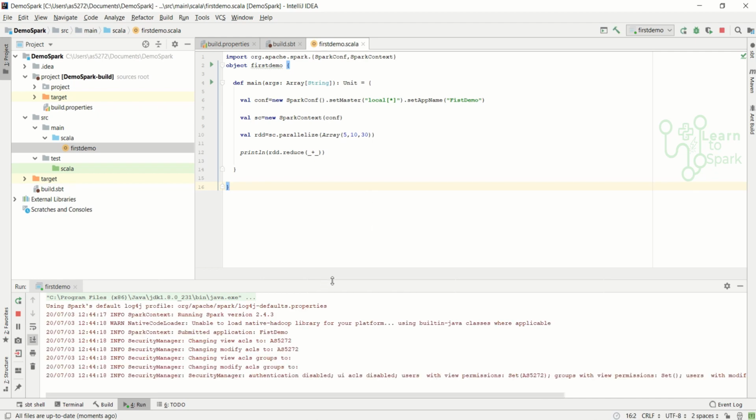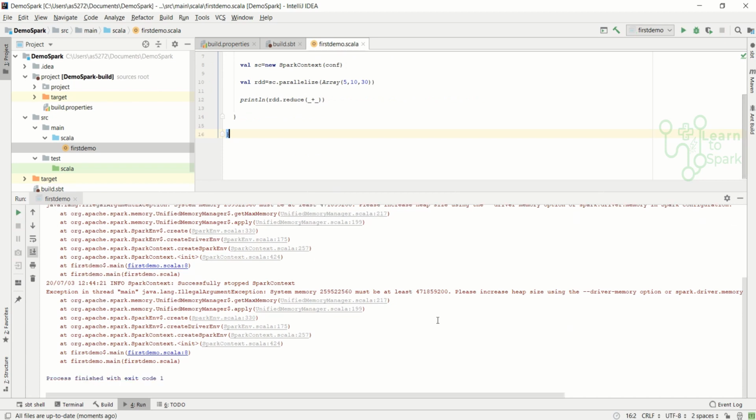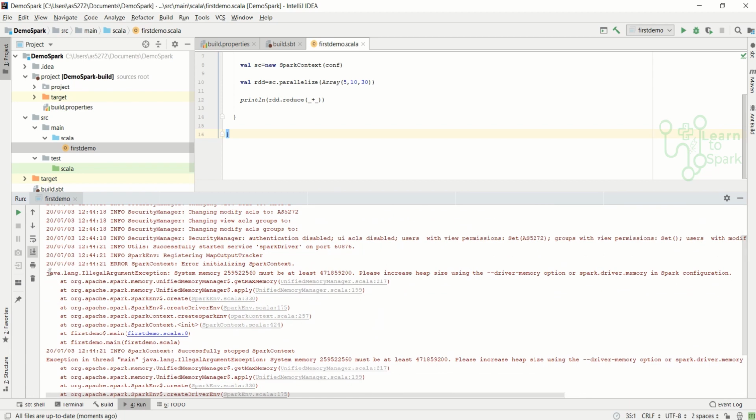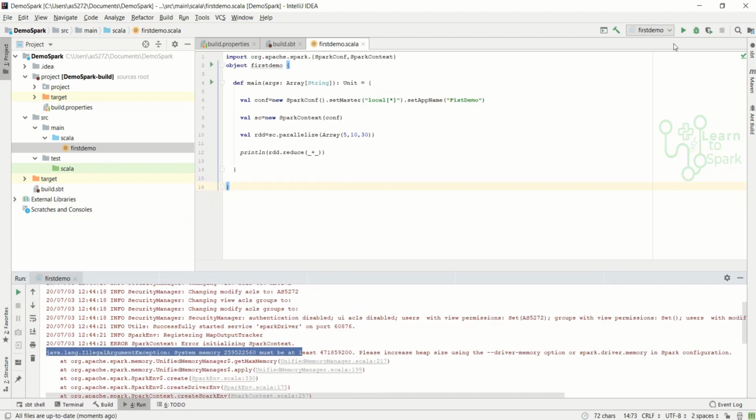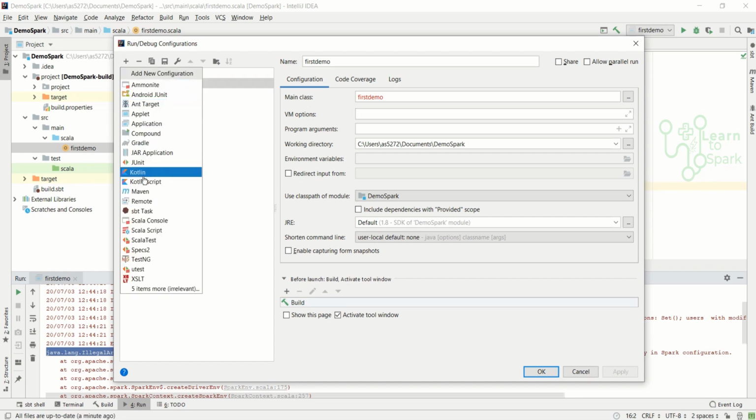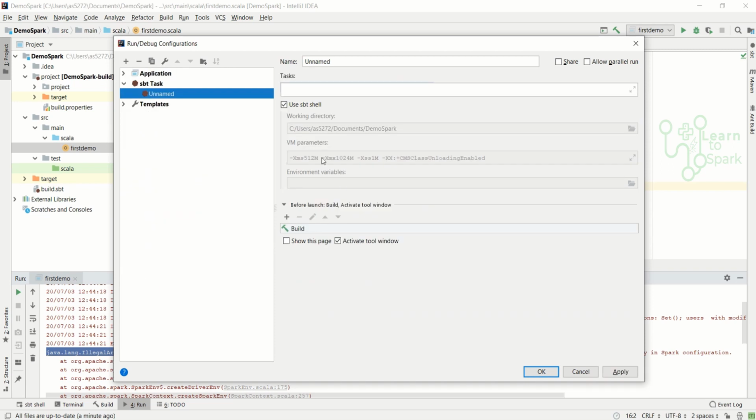We can observe that our job got executed, but it is showing some error stating Java illegal argument exception, system error. This is the issue with the VM, I mean the VM setup. I'm choosing here edit configuration, and here we can see we don't have any VM options set. That's why the error is being thrown. We can go to the SBT task, and here you can see the VM parameters.